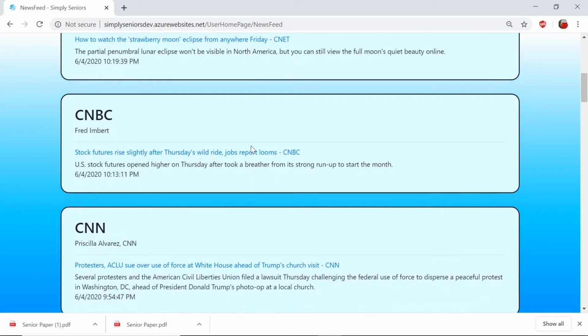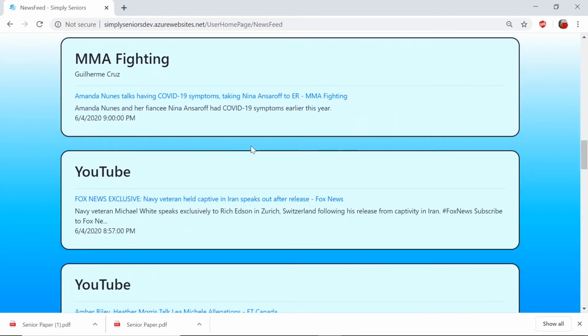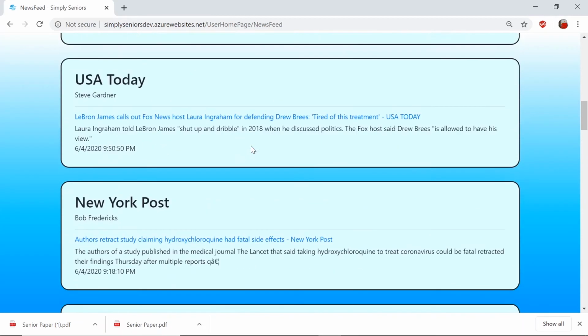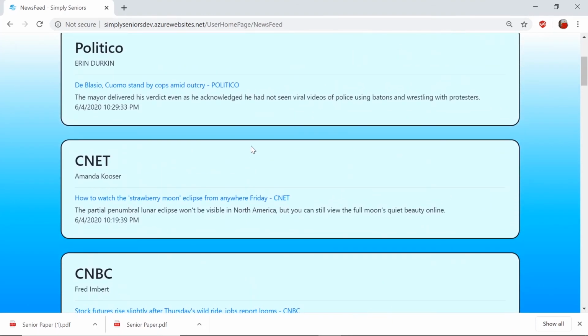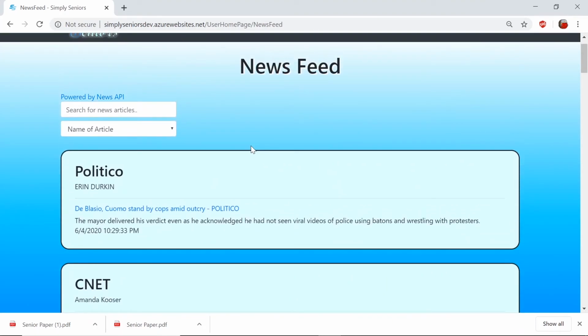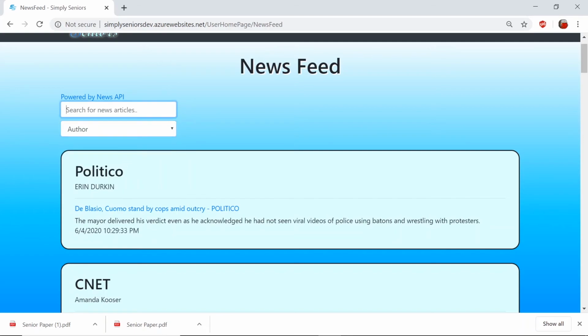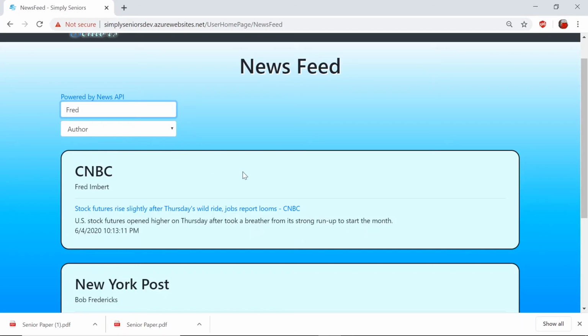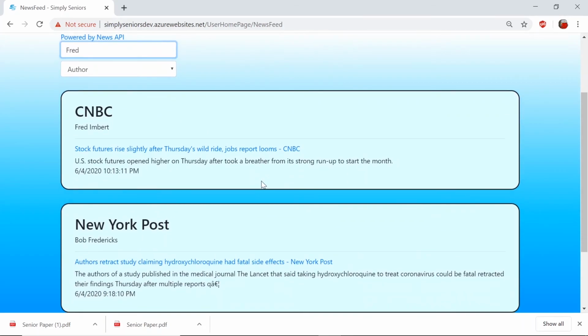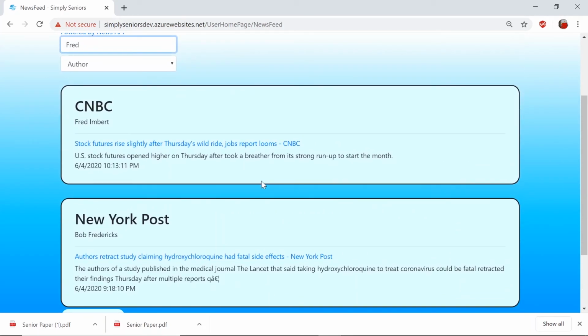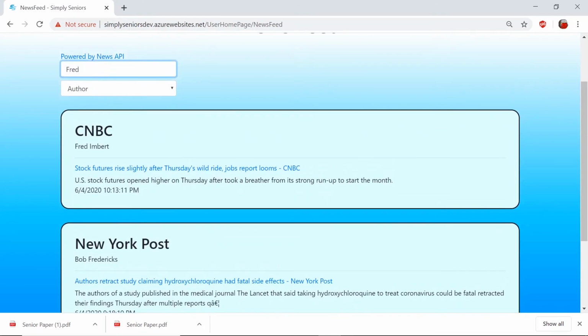So this is populated throughout the whole page and usually gives the most recent news articles within the last day or two. And in addition to that, we have a JavaScript search feature that allows us to look for specific elements of articles. So if we try looking for an author, let's try Fred. And here we see that two articles came up, a Bob Fredericks and a Fred Imbert,